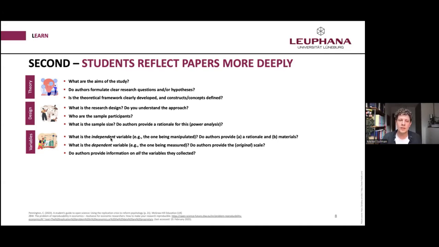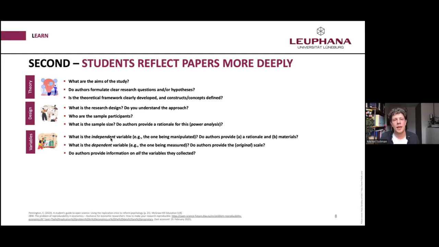But what I found in discussions with my students is that while it's quite obvious in a research question what the independent variable is, it's quite hard to understand how they operationalized this independent variable in the method section. So it's very hard for students to pinpoint the operationalization of this independent variable in the method section of the paper. And that is maybe sometimes due to the fact that the authors do not really provide a rationale